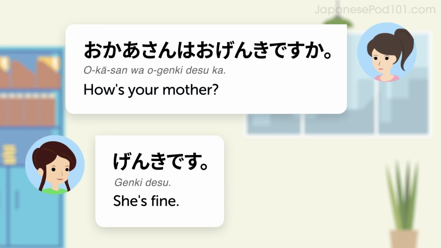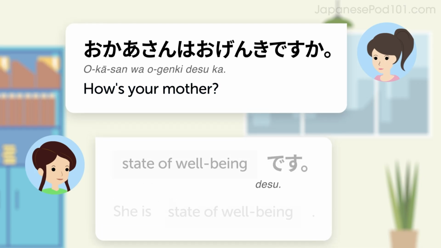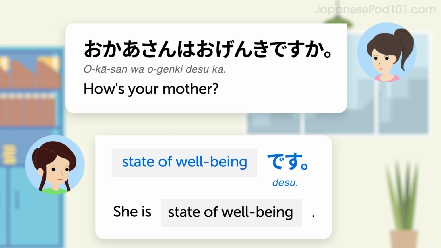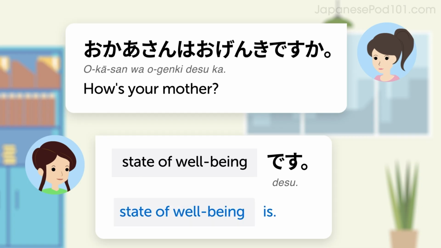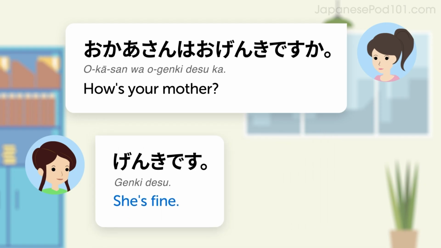Now, how do you answer this question? The pattern is state of well-being です。 This Japanese sentence literally means state of well-being is. We omit the article she, but it translates as she is state of well-being in English. For example, she's fine. 元気です。